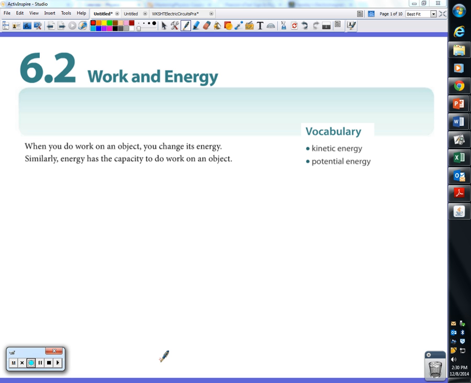So, section 6.2 gets us into, like the title says here, work and energy. And I always struggle a little bit with this section, or this chapter. It's probably going to be loud in the recording, but